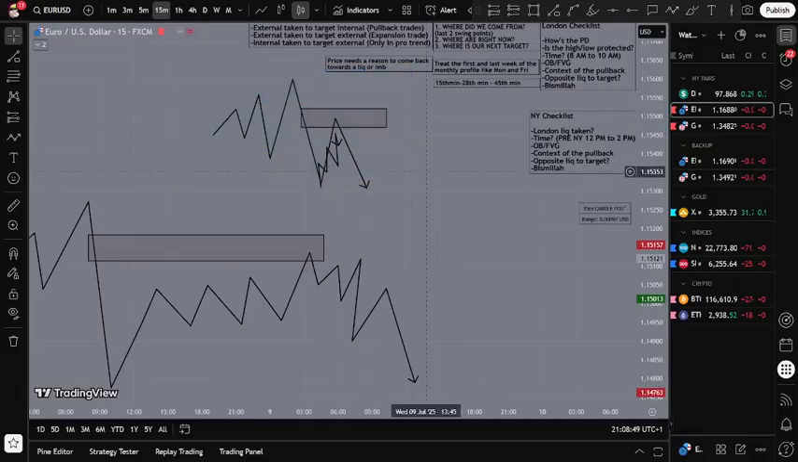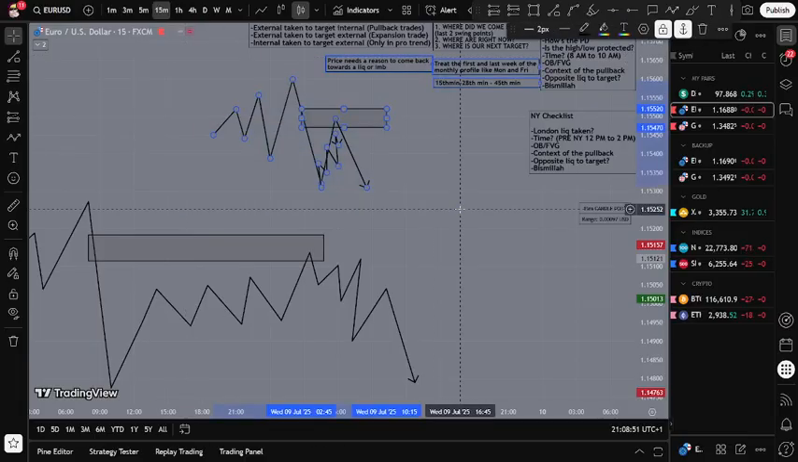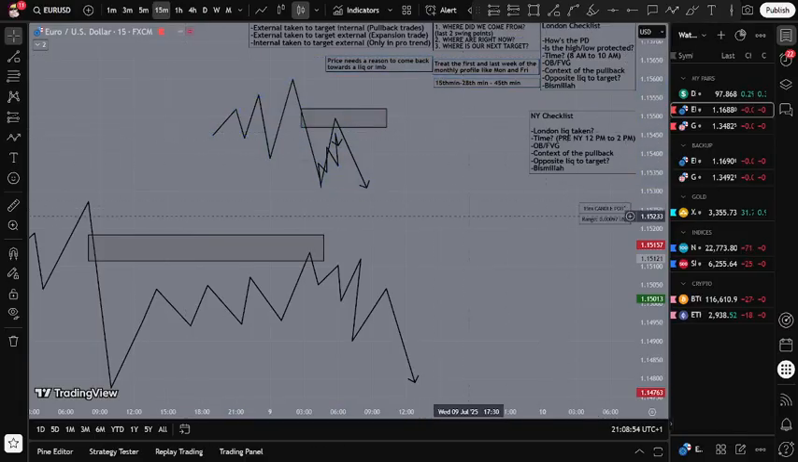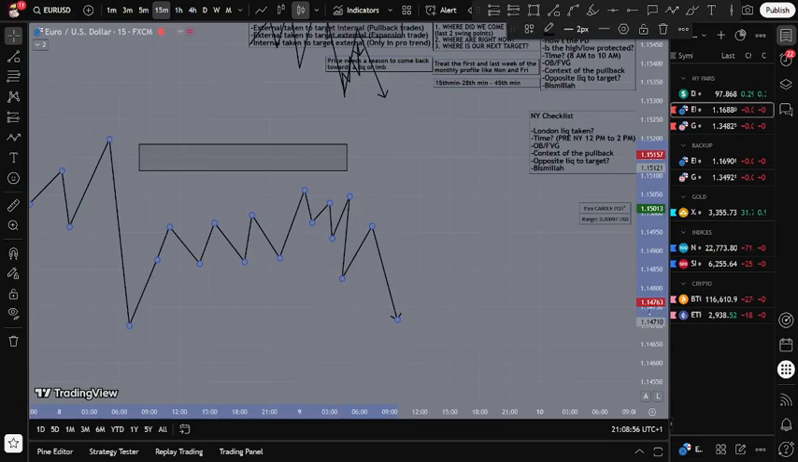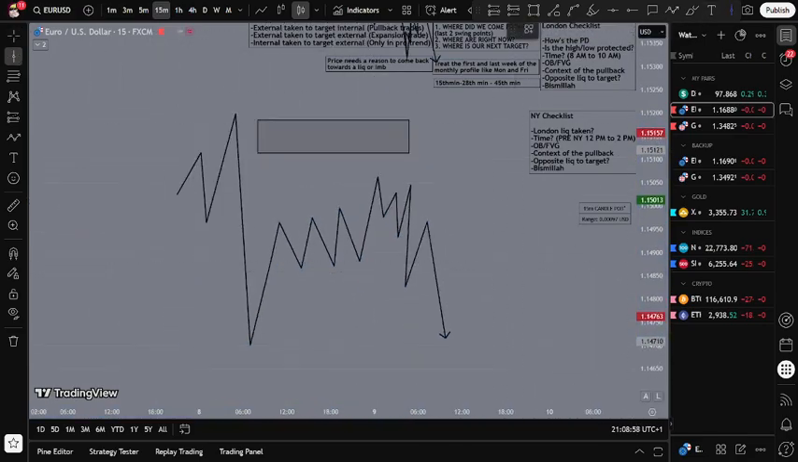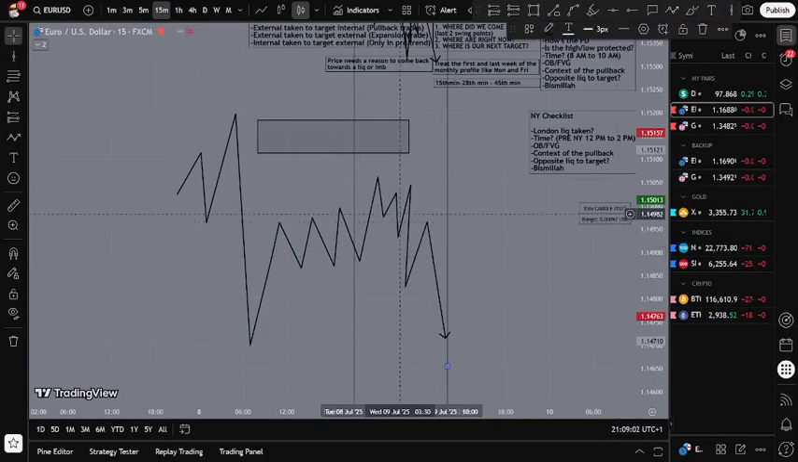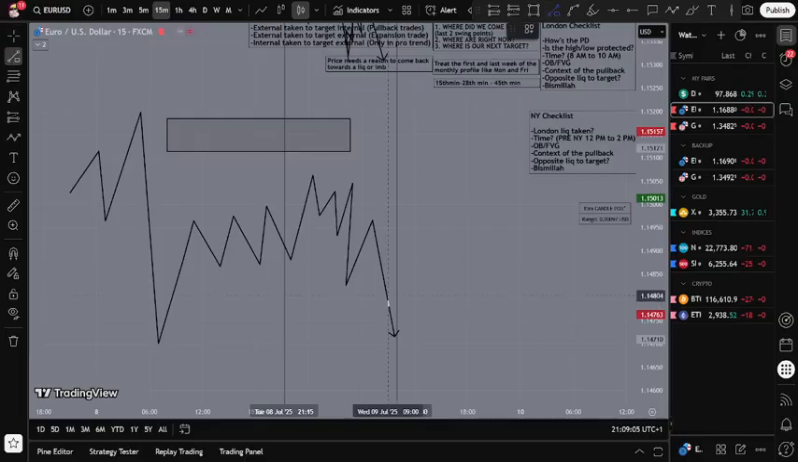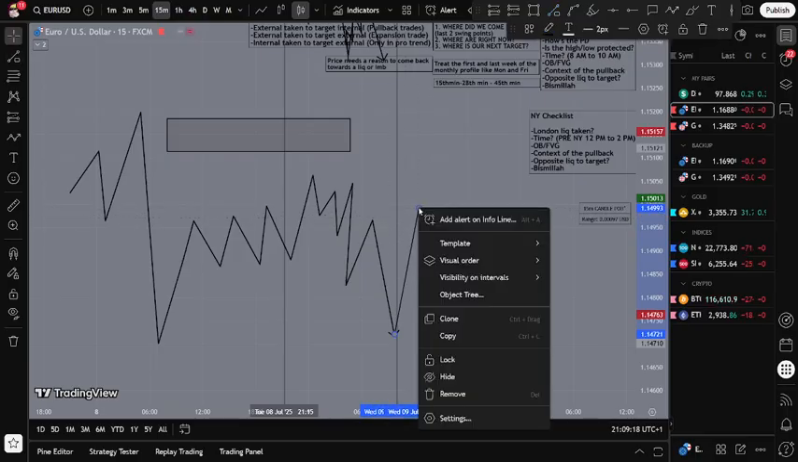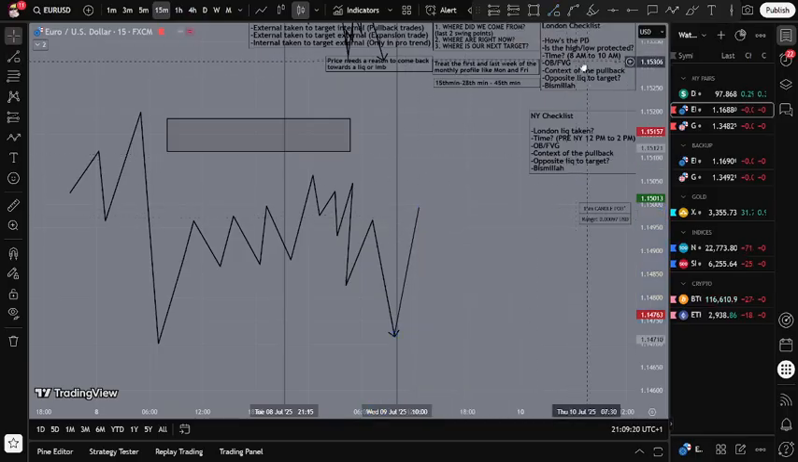And now my New York checklist. Is London liquidity taken? So let's say this is Asia, and from here is London, right? So before I even trade New York, I want to see some sort of London liquidity get taken, which we call minor inducement. So I want to see a minor inducement get taken right here, and then obviously time, has